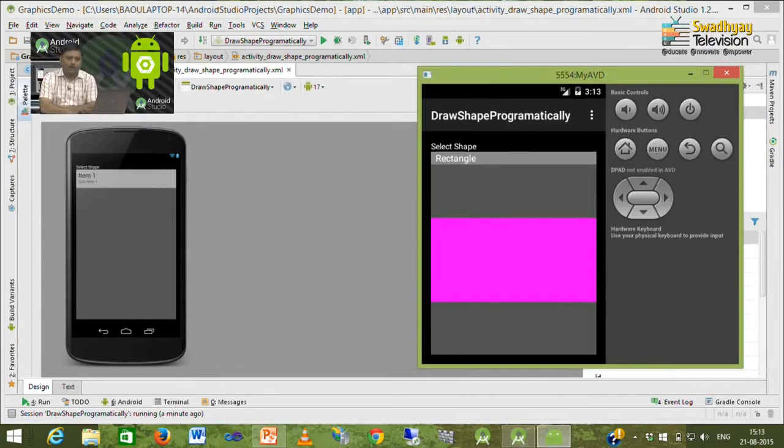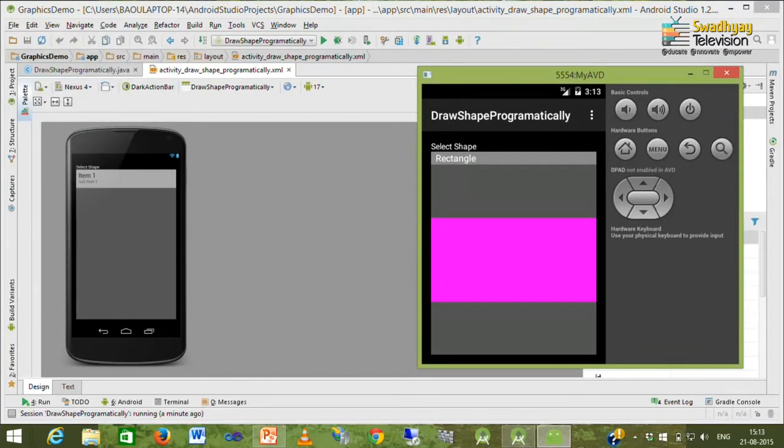Here is the output of our second application that I have already created. Here first is a text view which mentions select shape, then comes a spinner with different types of shape names. Here I specify rectangle, rounded rectangle, oval, arc and path shape. By clicking on a particular shape, you will get different types of shape. Here it displays a rounded rectangle.